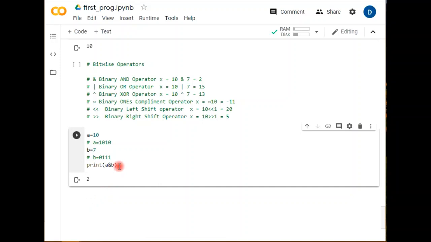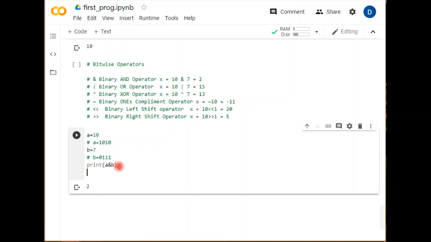That result 2 is nothing but 0010. Let's check. Dealing with the AND operation: 0 and 1 is 0, 1 and 1 is 1, 0 and 1 is again 0, and 1 and 0 is again 0. So that's why the answer is 0010.